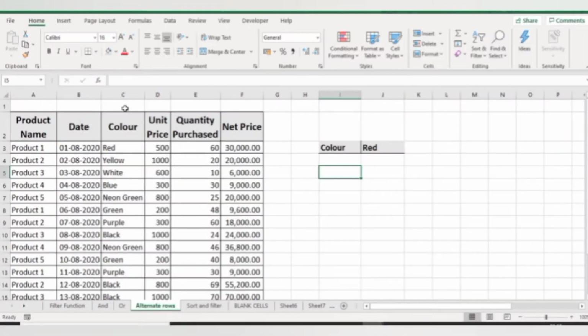So now in this example, I want the details of every alternate rows. Like first of all, I want the details of every alternate even rows, and in next case, I want the details of all the products in every alternate odd rows. So now again I will use filter function. This is my data array.